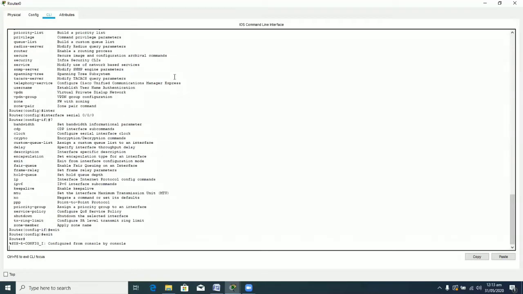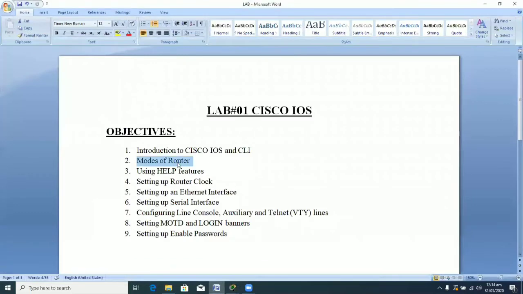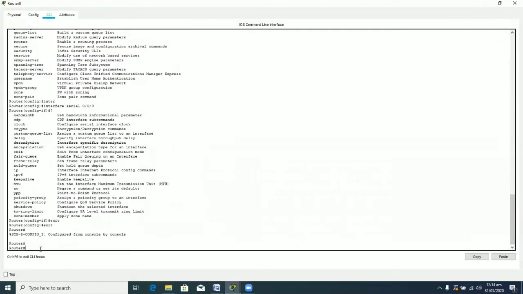Now moving to our next objective for today's lab. What is the next objective? Basically, the next objective is to set up the router clock. Why is setting up the router clock necessary? Because a router performs different types of functions on your network, and having a proper clock assigned to your router will be very beneficial for different types of log recording, as well as different access control features, such as time-based access control lists. So basically a router should have a proper clock.